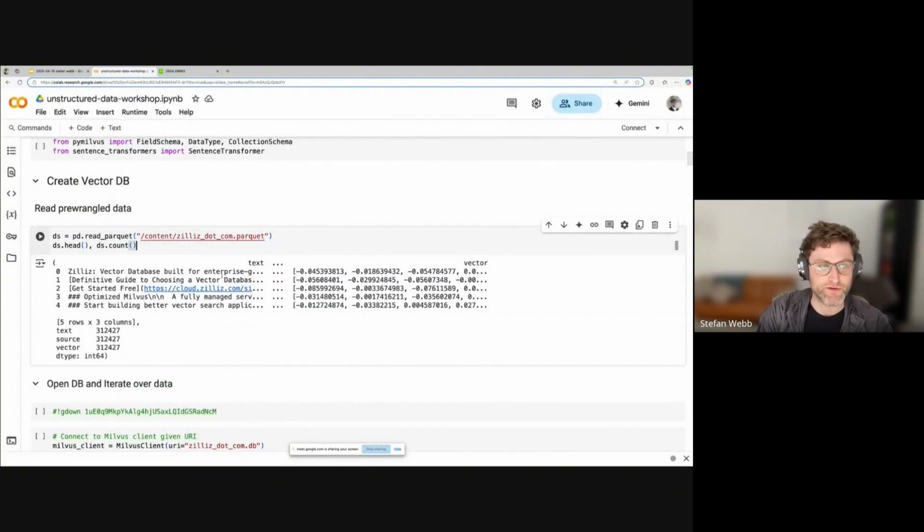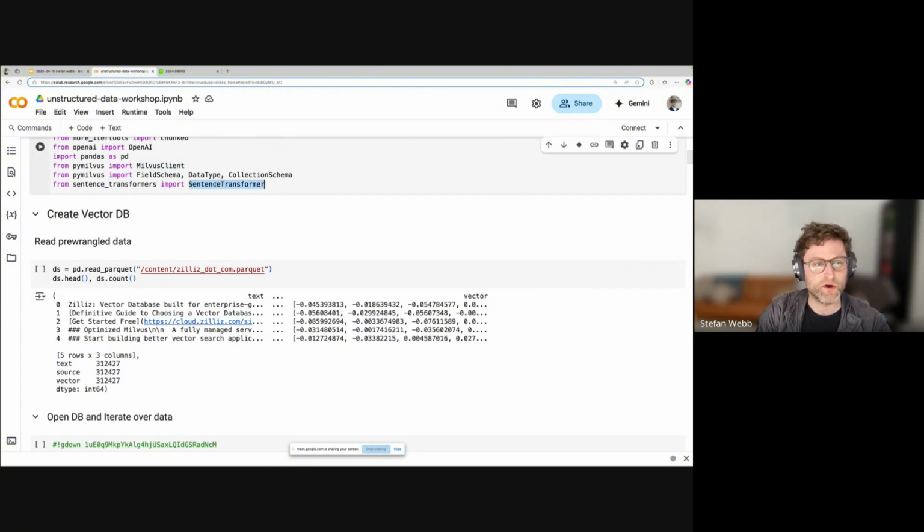So there's 3 columns. There's the text, so the text of that document chunk. There's the vector, so the vector embedding. I used a model from Hugging Face's sentence transformer library. And it doesn't show it here, but there's also a row to the corresponding website that chunk of text came